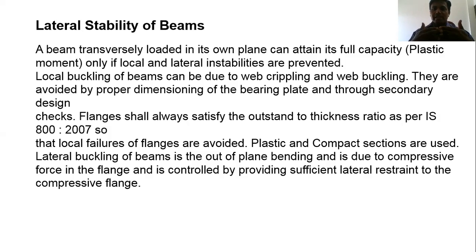But what happens if that I beam is laterally buckled? It will have the minor axis. In minor axis, the stability of the beam is very weak. So you have to take care about this lateral stability. There are various clauses given in IS 800 2007. So we'll move further.